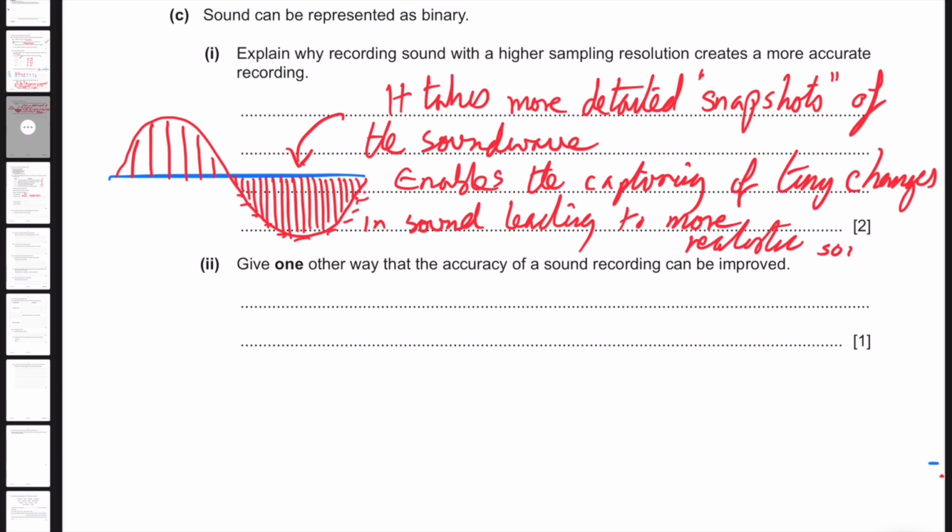Okay, so based on this, part 2, give one other way that the accuracy of sound